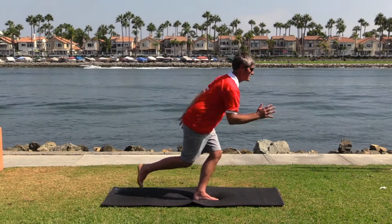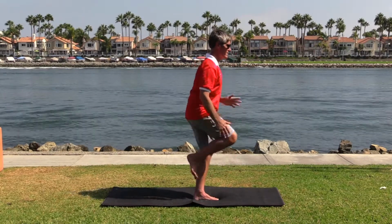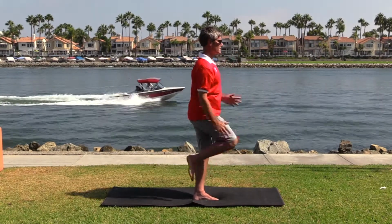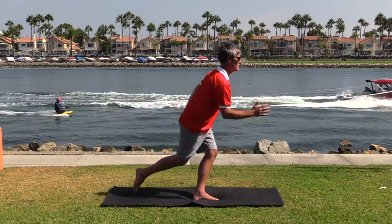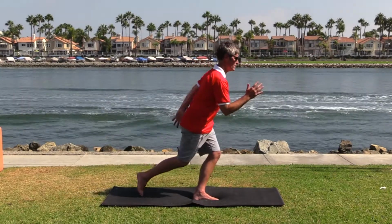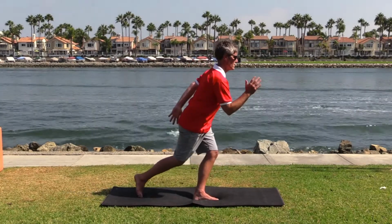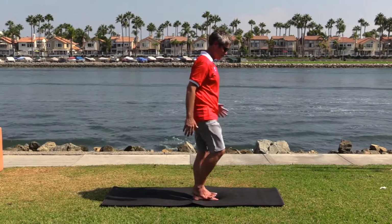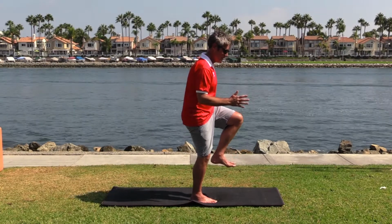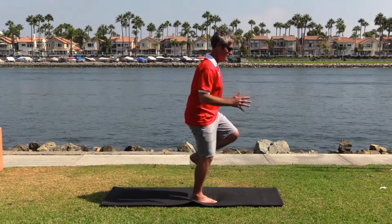10 times. 9, 8, 7, 6, 5, 4, 3, 2, 1. Switch. Like a mock step. So these two limbs go backward at the same time. Now these guys are forward. 10,